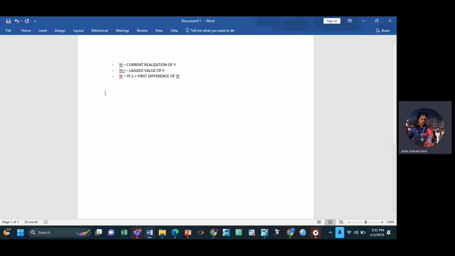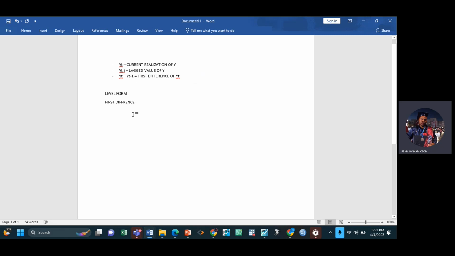You will discover that we have, it's an aside, but I'll mention it, we have level form and we have first difference. So we'll try to check if a variable is stationary or not stationary. We'll check its stationarity at its level form, and we'll also check its stationarity at first difference. But know that first difference is current realization minus lag value. You don't have to do this if the software is doing it for you. And depending on the results we'll have, we'll make a decision.